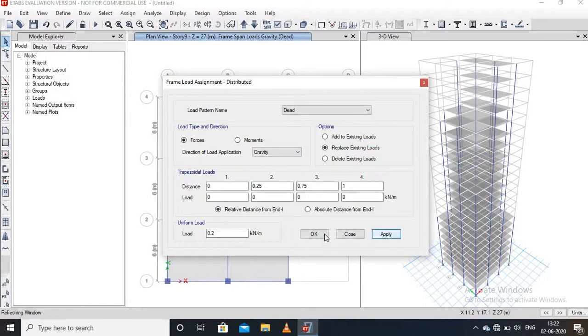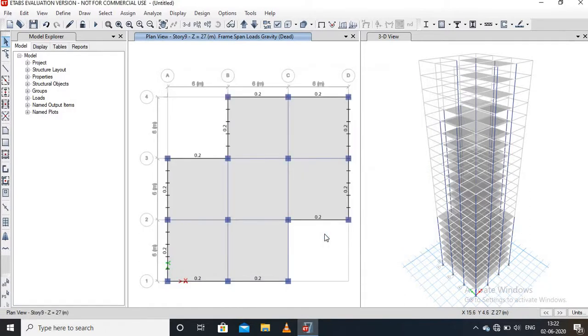Let's apply, then press OK. Therefore, 0.2 kilonewton per meter is applied on all stories.